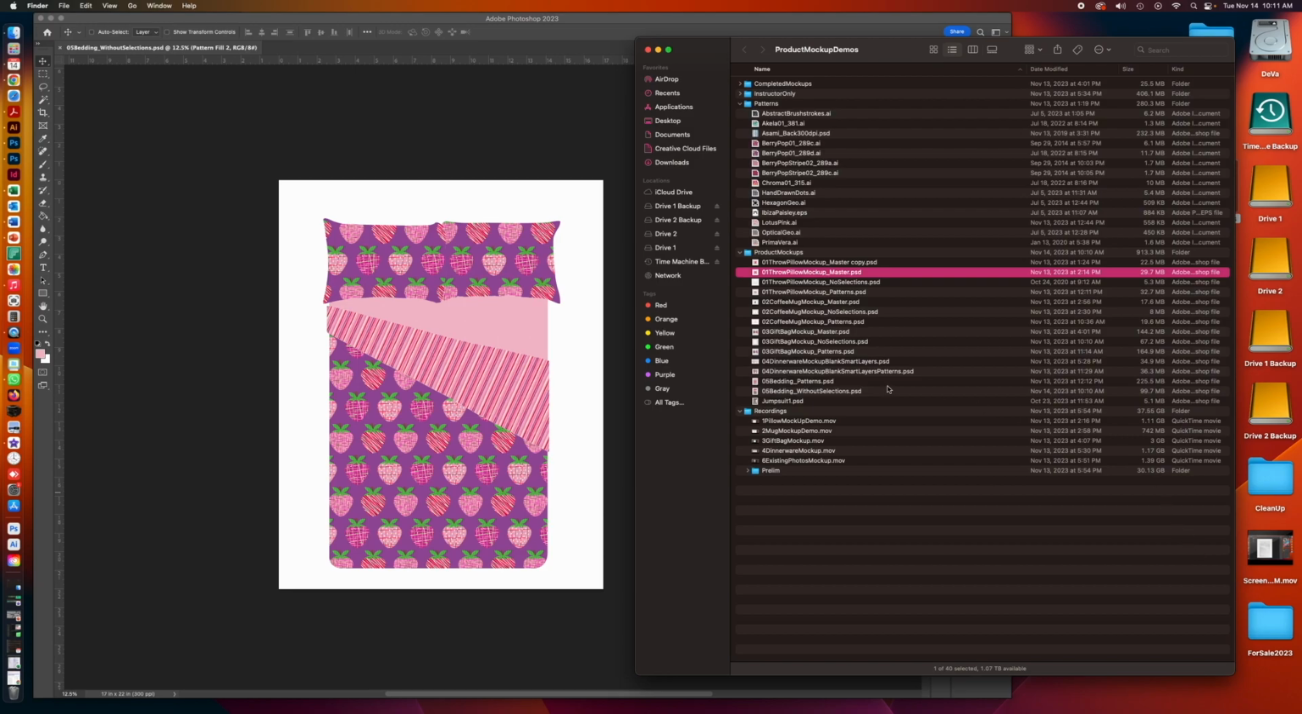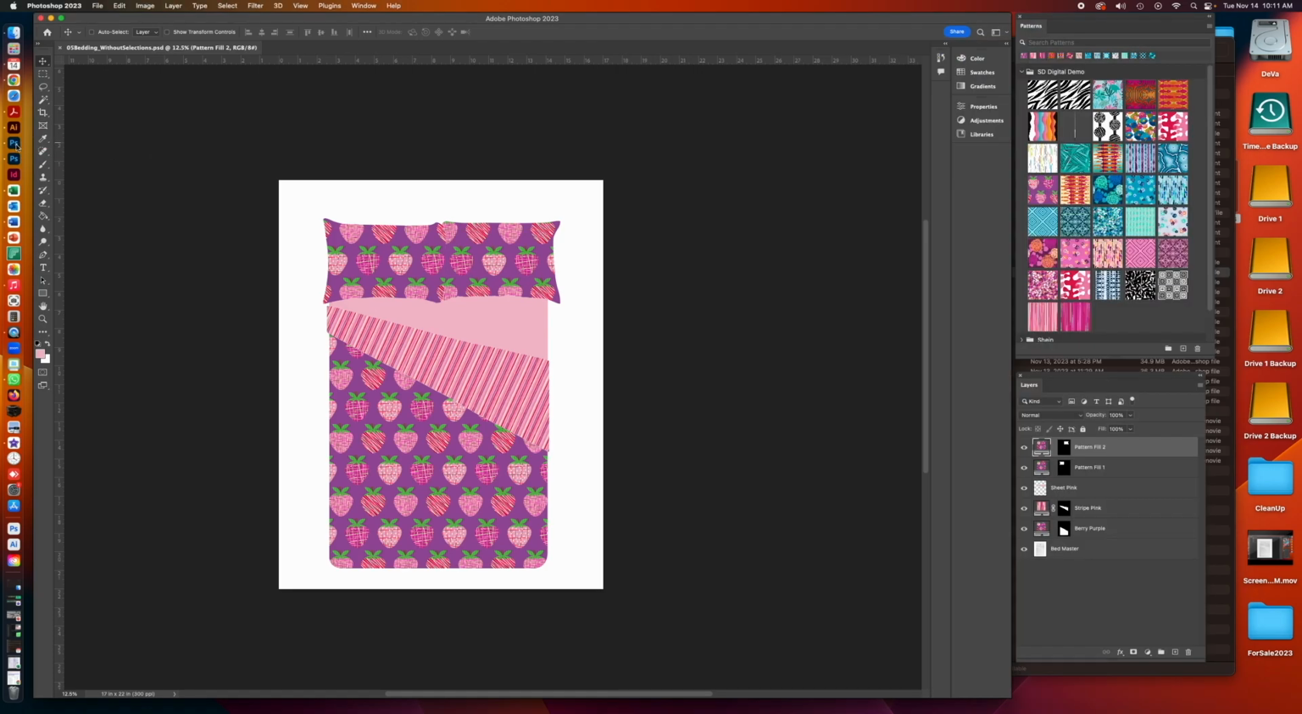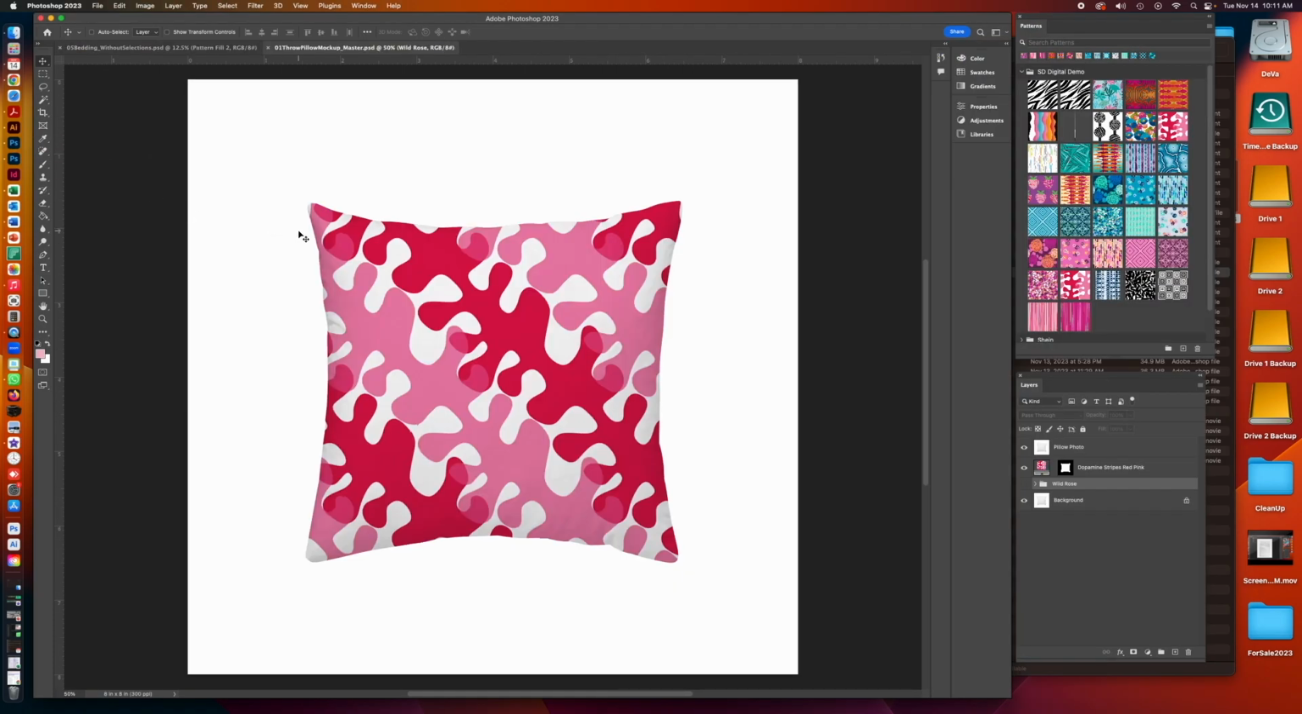I have several versions of Photoshop because I want to have access to the 2021, even though I'm not using it for this demo, because it has Pantone numbers in it, where the 2023 does not. So let's just start again. Now I'm in the same